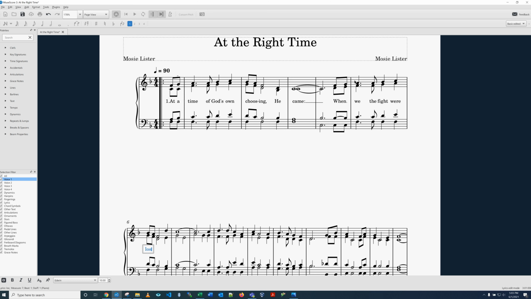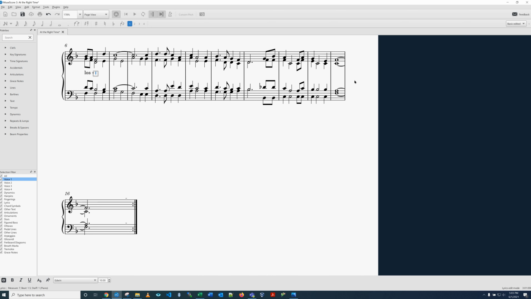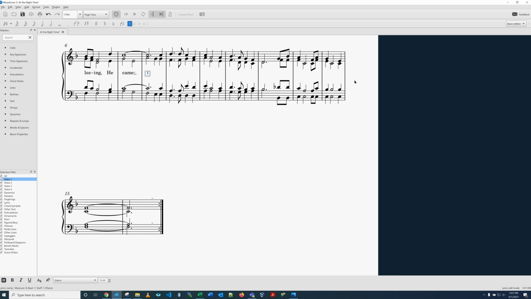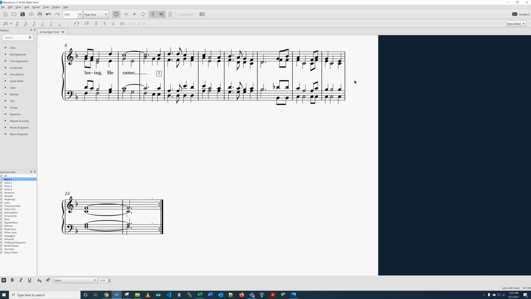And then this is the same, the "losing". The "ing" is on the half note, so we'll do hyphen twice, and then "ing," comma, and then "he came," and then we'll do the underscore, and on this one,